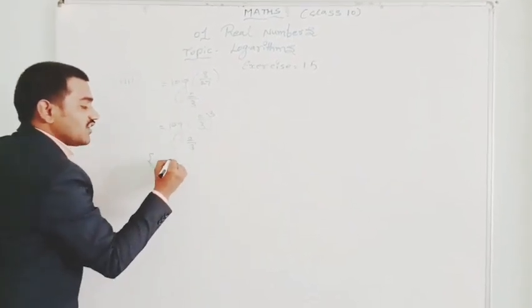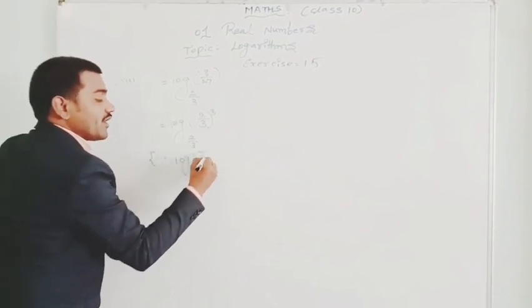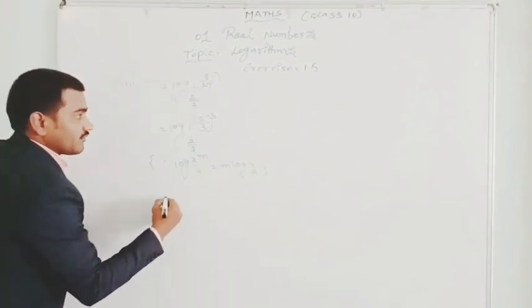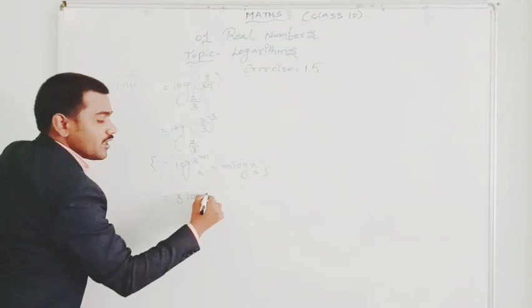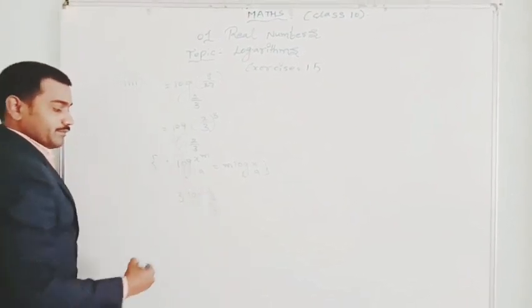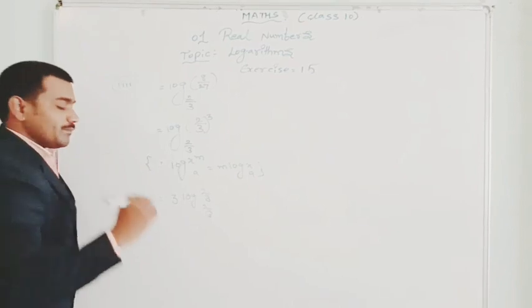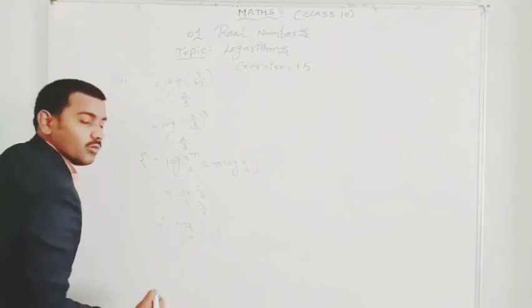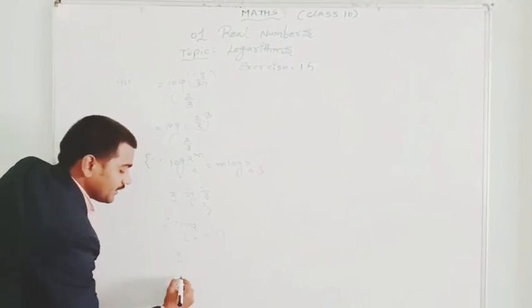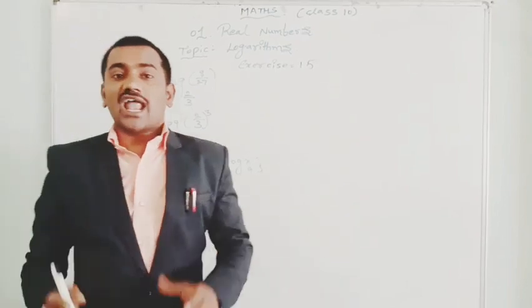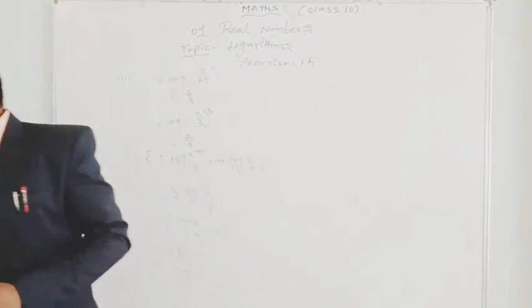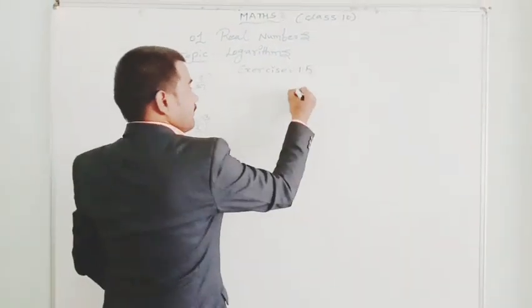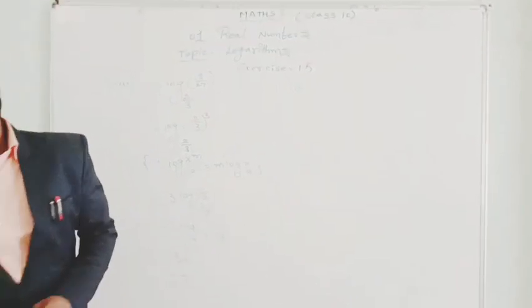Now here it is in the formula of log x to the power of m base a equals m log x base a, that equals 3 log 2 by 3 base 2 by 3. And log 2 by 3 base 2 by 3 equals 1, using the formula log x base x equals 1. That equals 3 into 1, equals 3. So the last one is a very important formula and problem also. Let's go for the 9th one. This problem is actually very important.